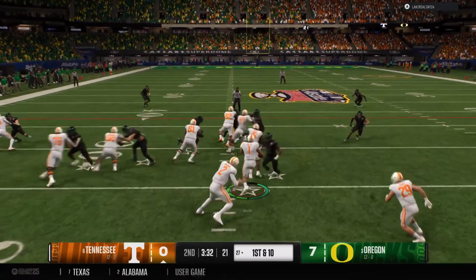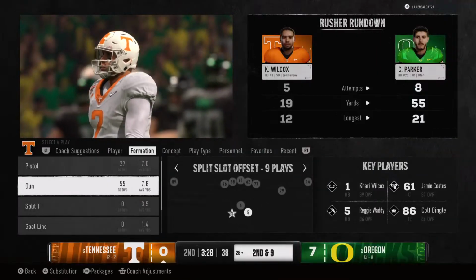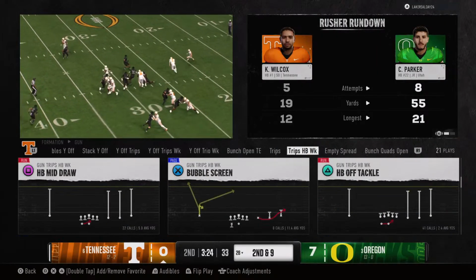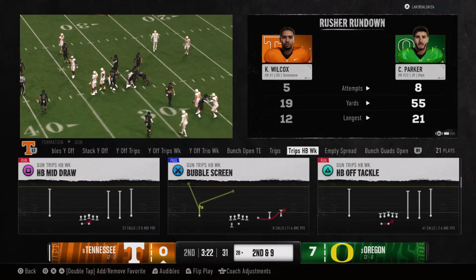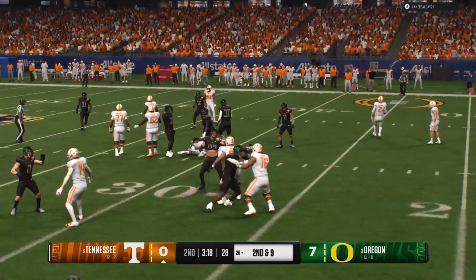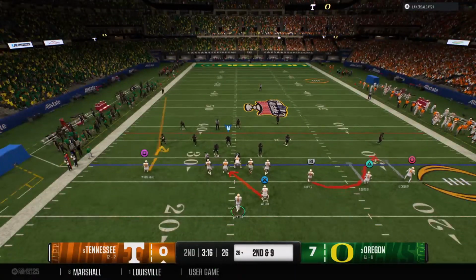They'll try the option play here. Just a small gain. Looking at 2nd and 9. And see, that's how you limit what an offense wants to do. This time, the defense just won the battle up front at the line of scrimmage, not giving up any big plays. Everybody's gap sound. It's really solid defense on that play. 2nd down after that run on the previous play.